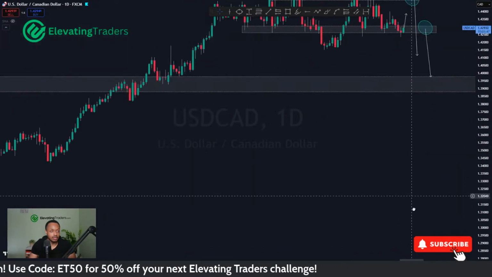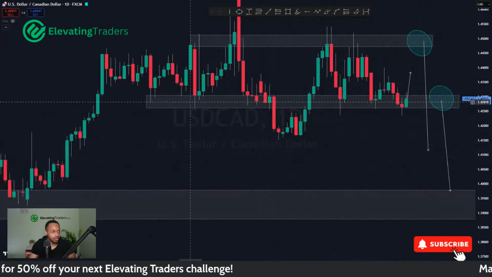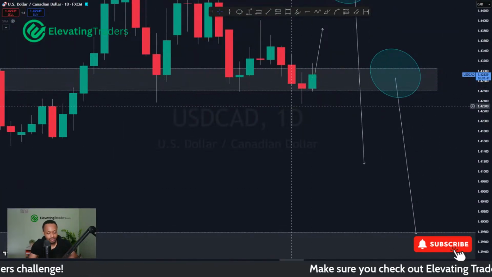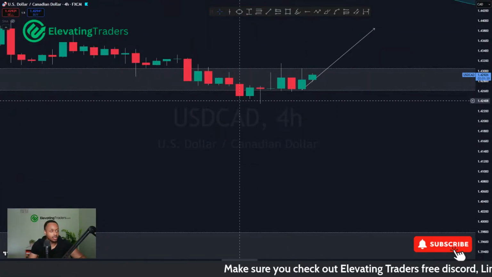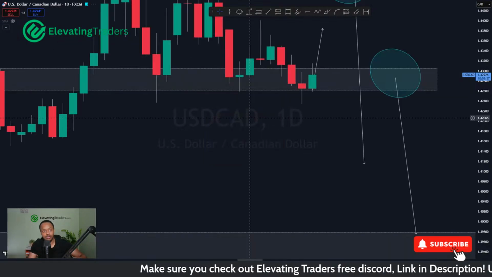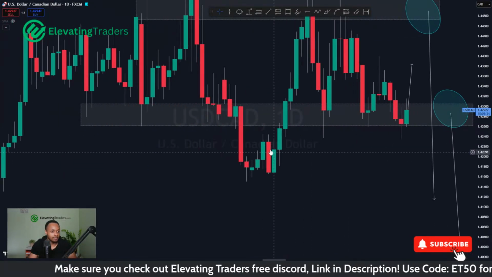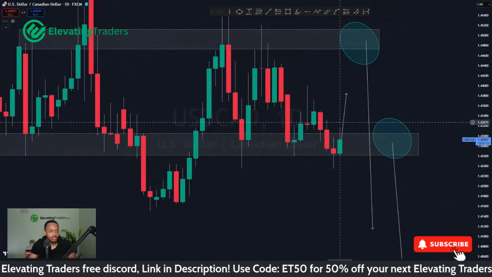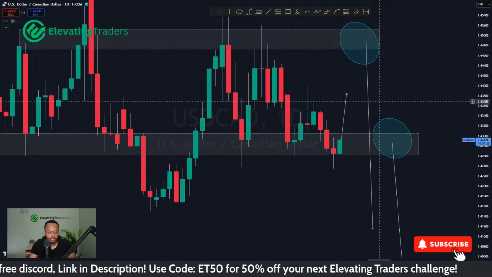And as we can see, if we scoot to the daily chart, price is still holding support pretty well. On the lower time frames, we did get price closing below in the 4-hour chart. But if we scoot to the daily, you can see it just left a big wick. So to me, it looks like price is still holding support. And if so, you could potentially give a nice push to the upside there.